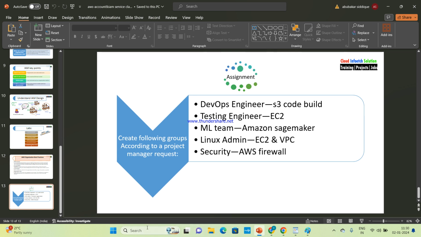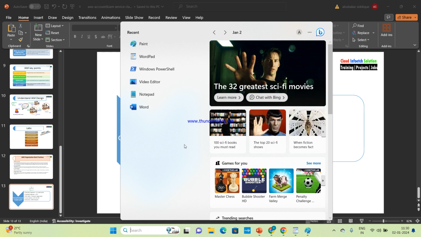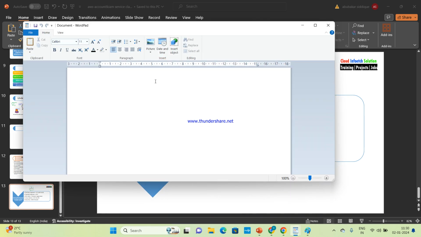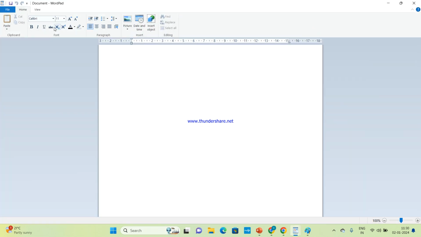Okay, now I'll show what to do. Ma'am, the assignment would be creating user groups and sending a screenshot of the user group dashboard with the assigned policies. I'll explain the policy later. For now, create